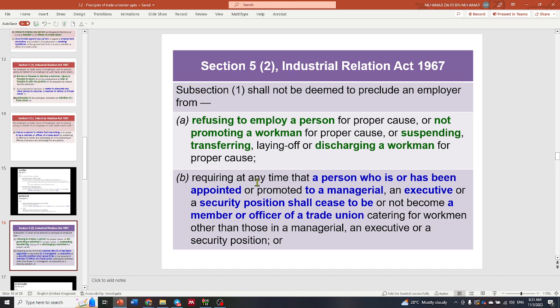B, requiring at any time that a person who is or has been appointed or promoted to a managerial, an executive, or a security position shall cease to be or not become a member or officer of a trade union catering for workmen other than those in a managerial, an executive, or a security position, or